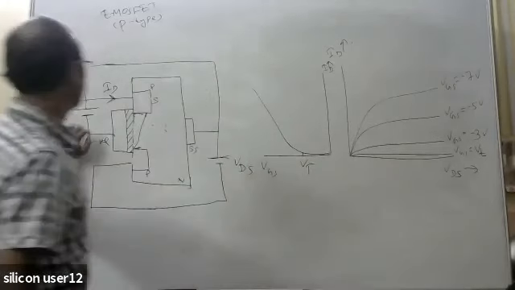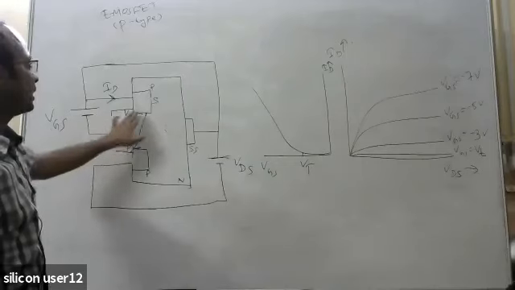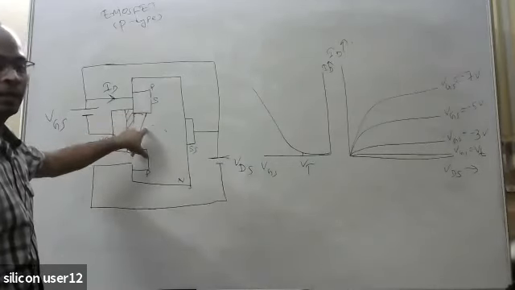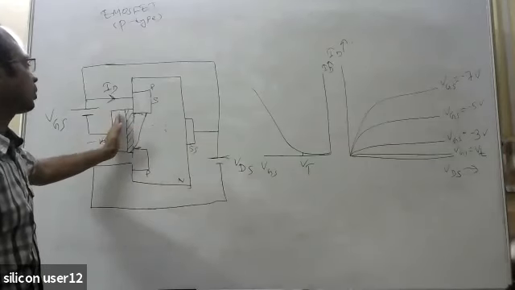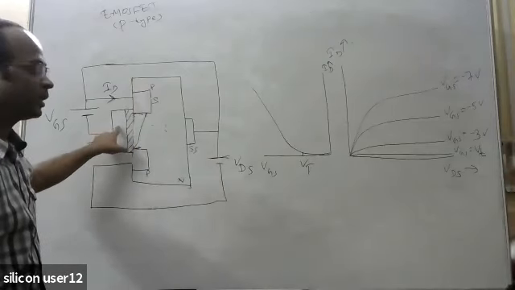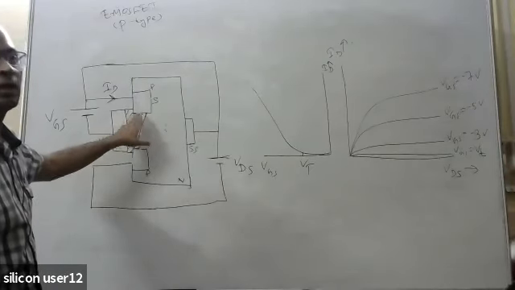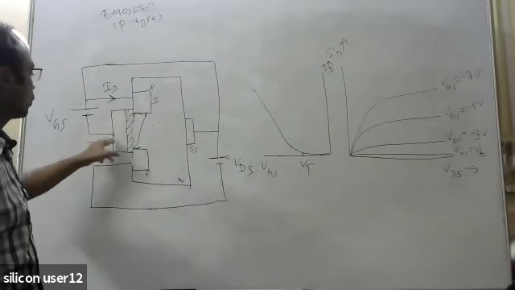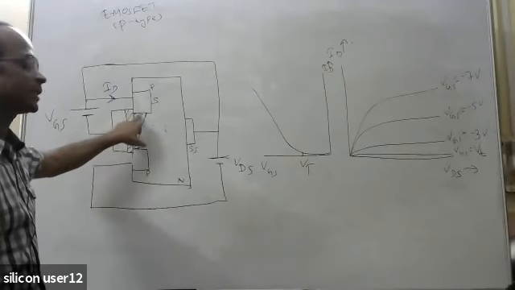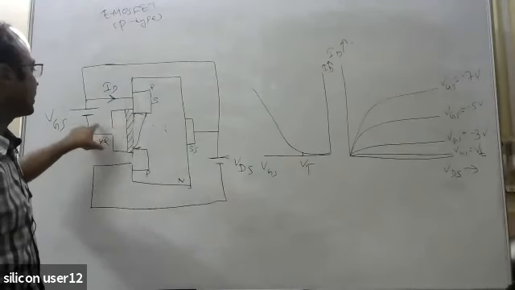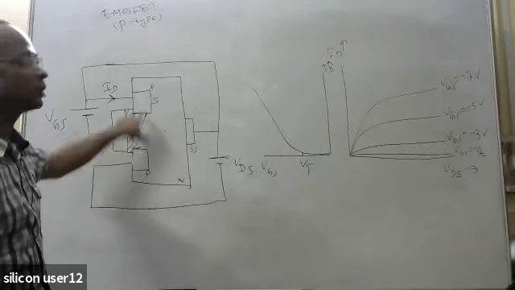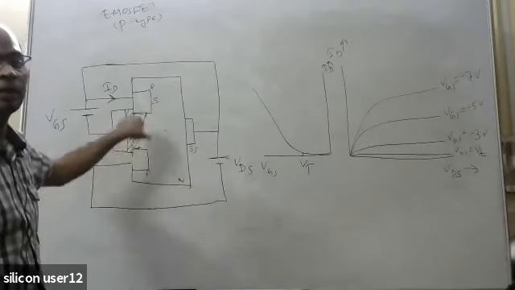That means what? As I told you, initially no channel is present, and if you apply a negative voltage, then the channel will be created. Suppose the threshold voltage is -2. If you are applying -1, then the channel will be created, but it will not be sufficient. When the negative voltage applied to this gate terminal reaches -2, only then will this channel be created. And if this negative voltage applied here is, let's say, -5, that means a strong channel will be created, and the drain current will be more.